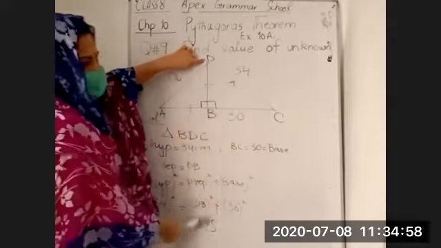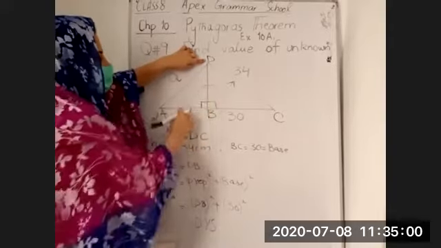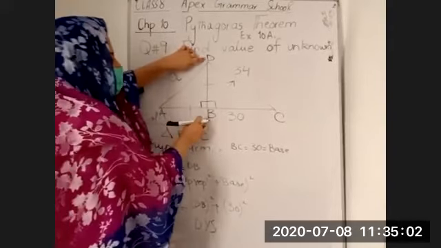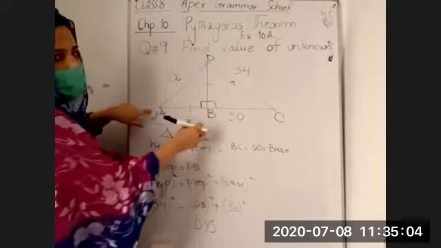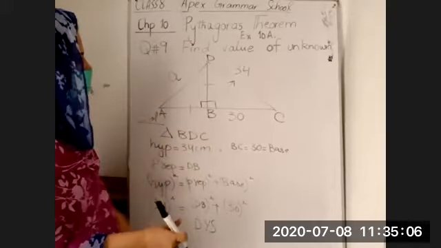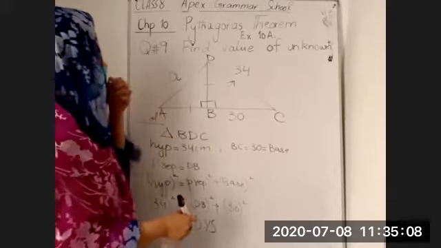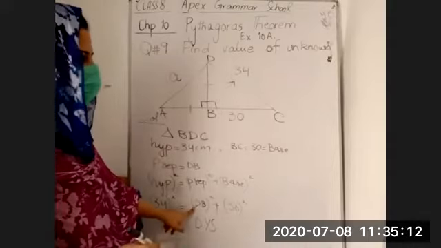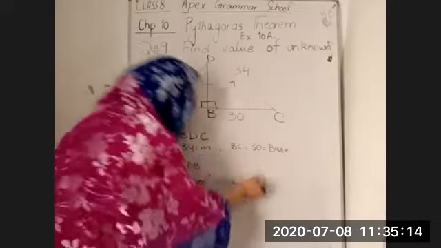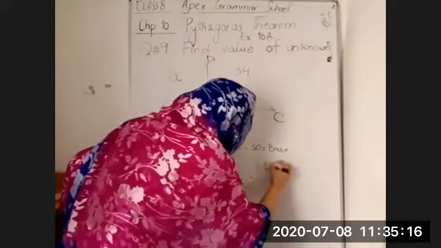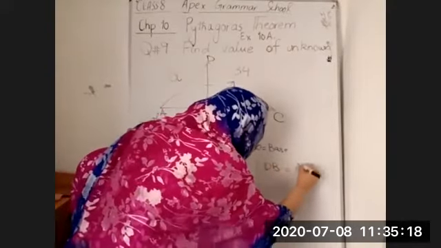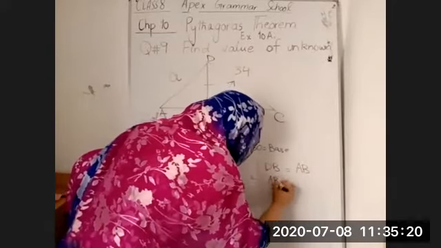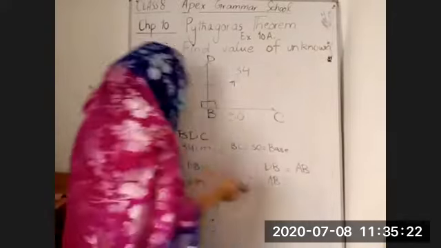The value of DB will come from this equation. Because these two lengths are the same, whatever the value of DB, it will be the value of AB as well. So you can continue this question by yourself, and at last you have to find the value of A. By finding the value of DB, you will state that DB is equal to AB. Hence, AB is equal to whatever the value of DB is. You have to write that.